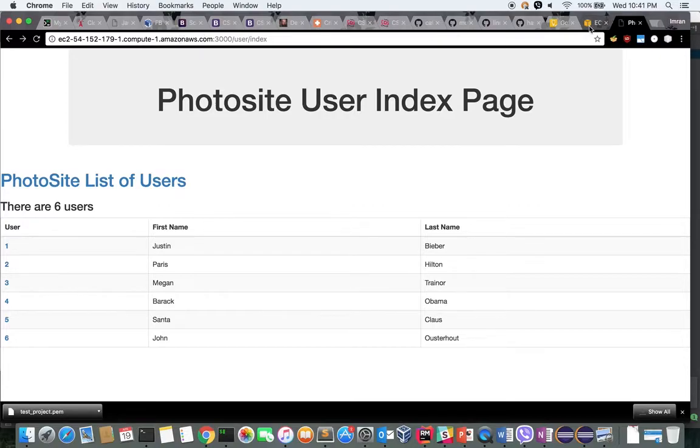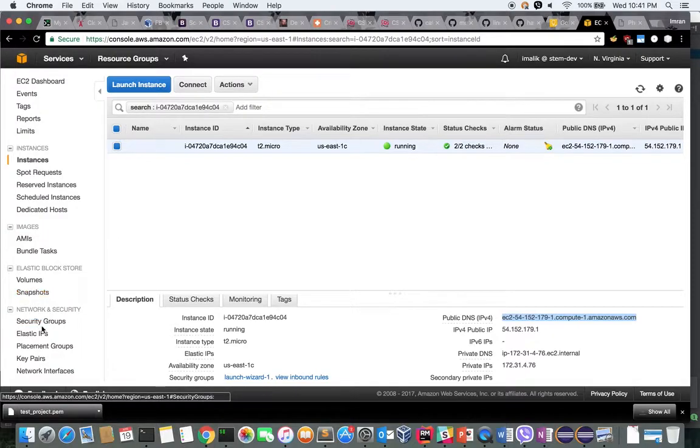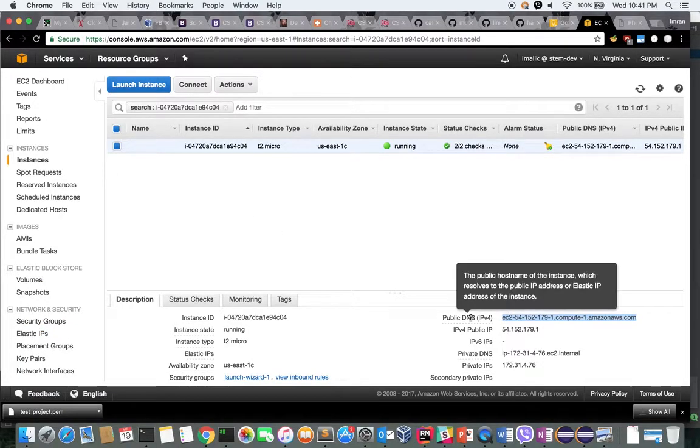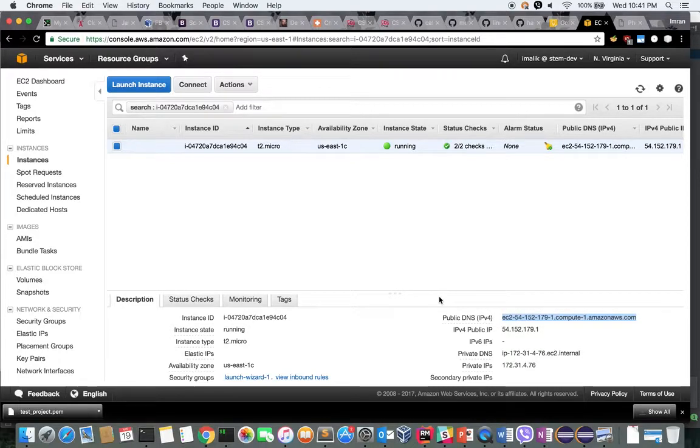So with EC2 you can leverage Elastic IPs. What it does is it creates an IP, an IPv4 address, and you can basically associate it to your instance. With this you can shorten this public DNS address to an actual IP address. So let's go ahead and see how this works.